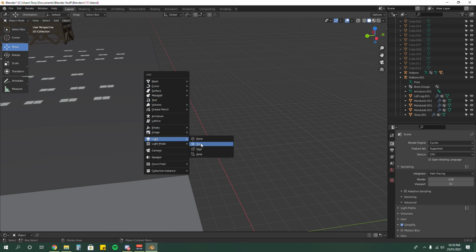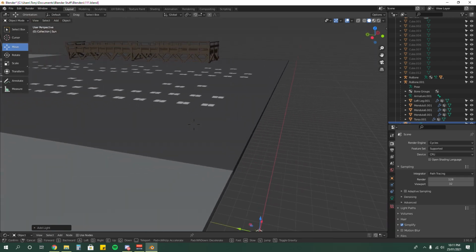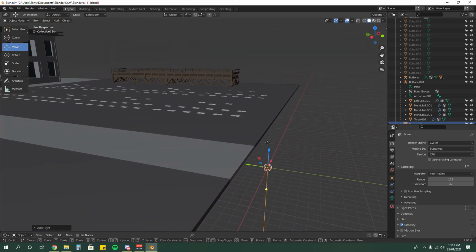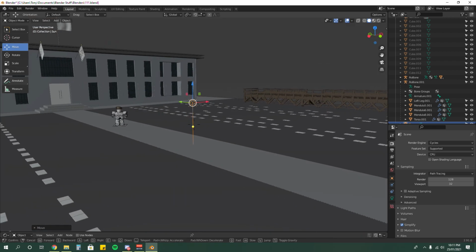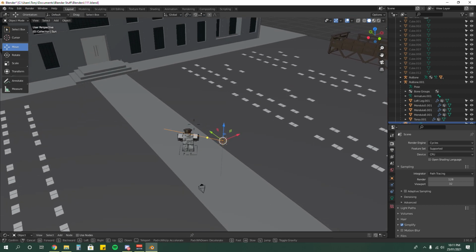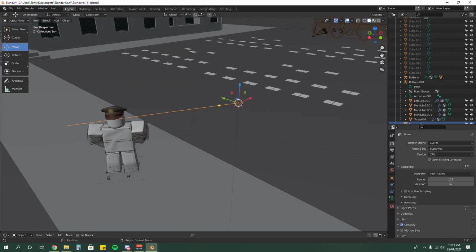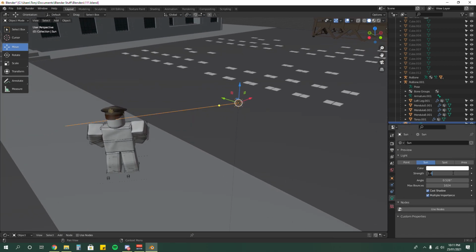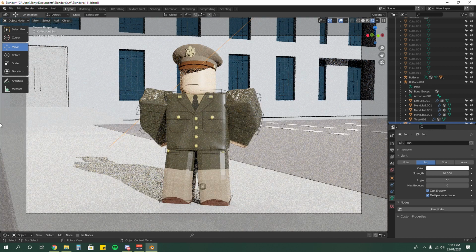Under light over here, you want to get the sun, and there's the sun. Drag it over here and just drag it up his face, like that. I do 10 because it's a sun. Boom! Look at the shadows.